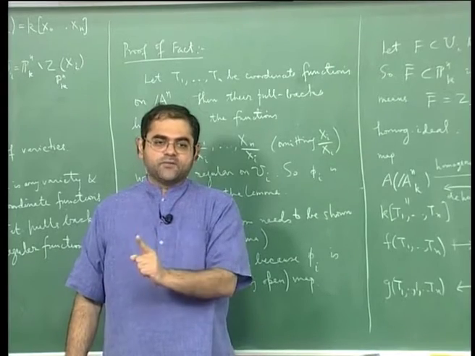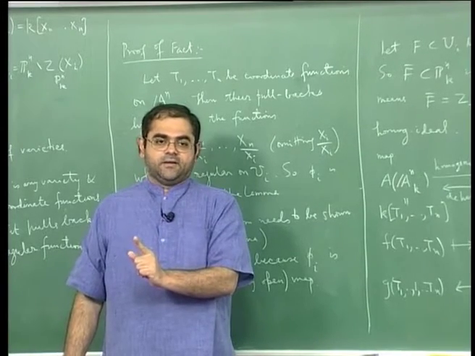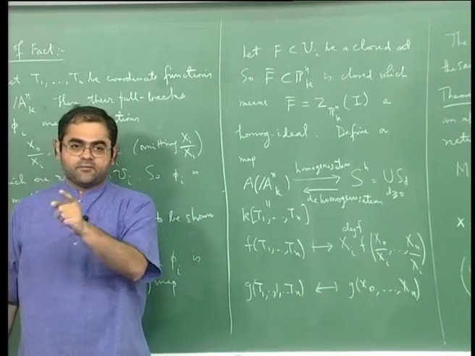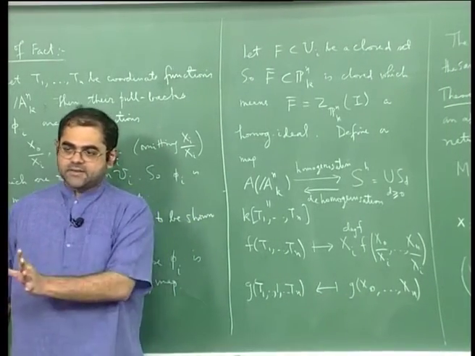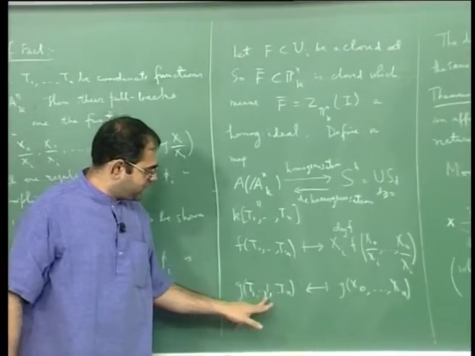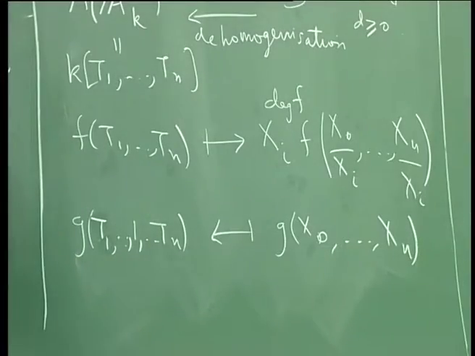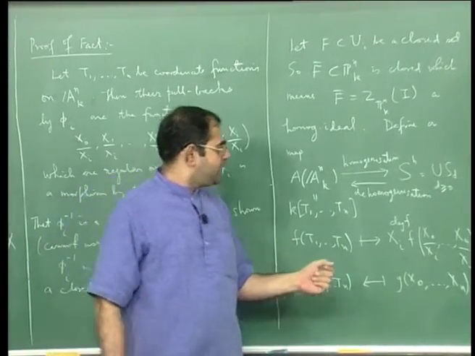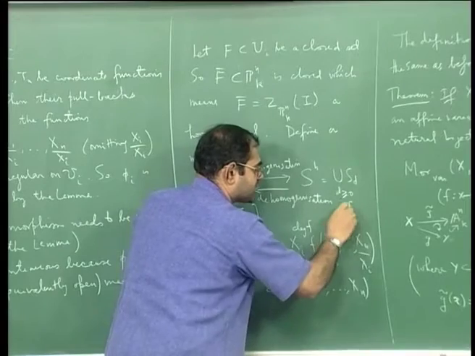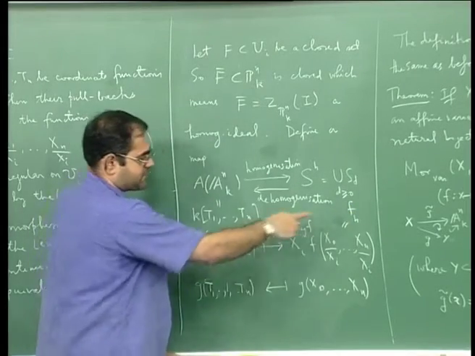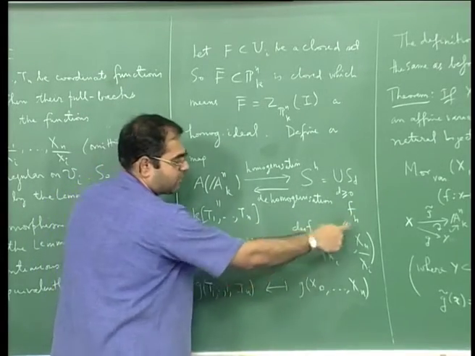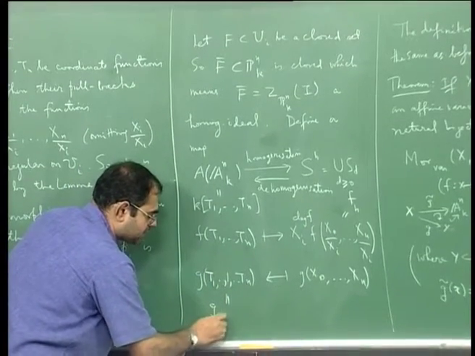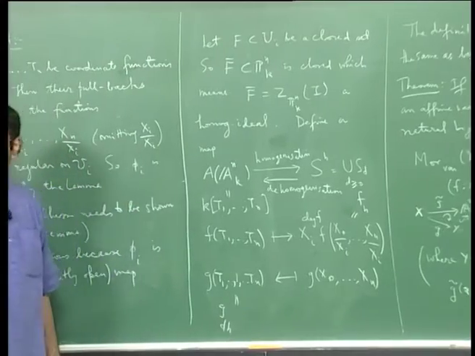If you put 1 for the xi, then the remaining polynomial is only a polynomial in x0 through xn without xi, so it's only n variables, and for these n variables you put t1 through tn in that order. Okay, this is called dehomogenization, and let me call this f sub h, the subscript h being homogenization, and let me call this g sub dh, which means the dehomogenization.